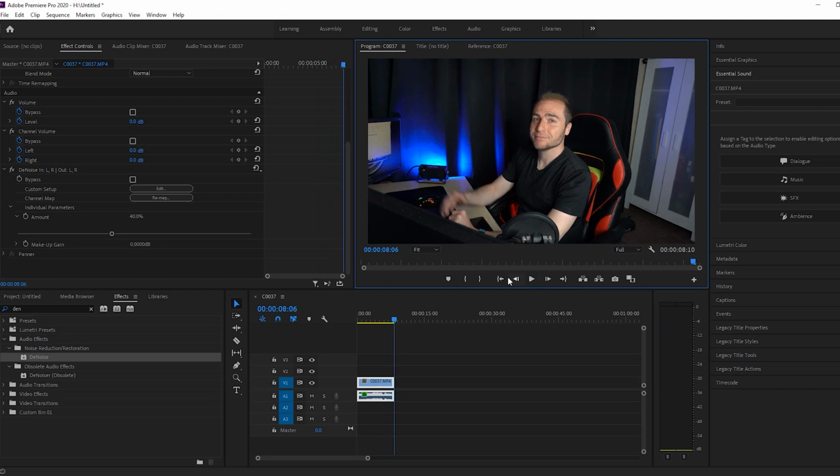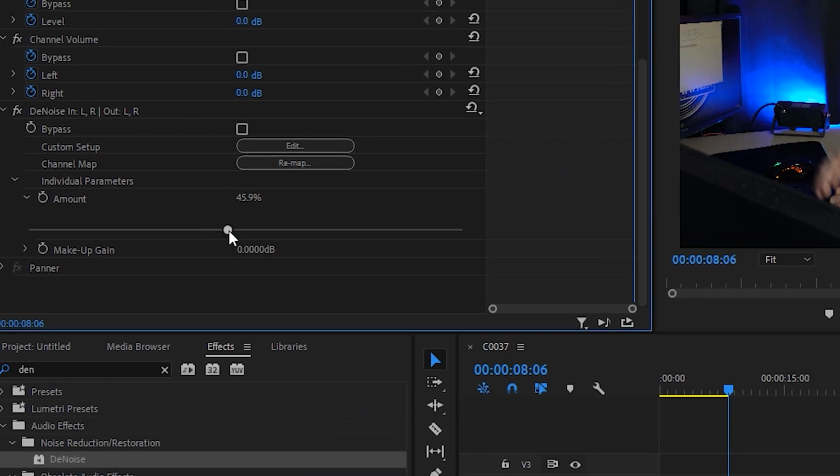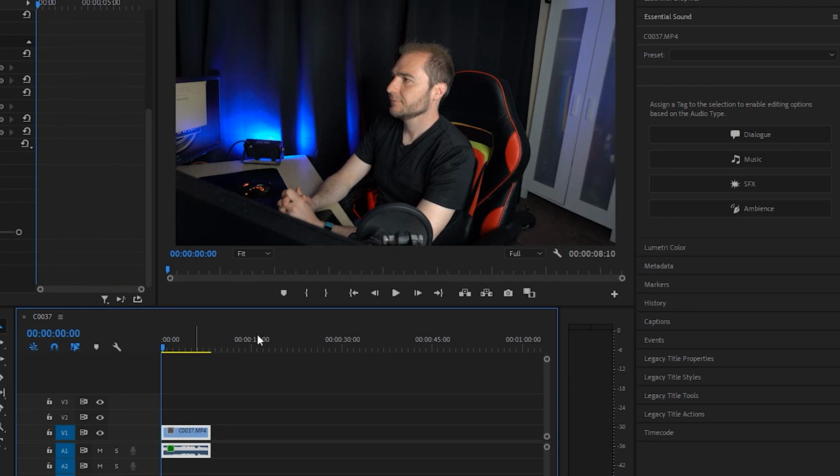And from using that effect, that's eliminated quite a lot of the background noise. But what we can do is we can move this slider bar all the way up to 100%, and if we play that again,